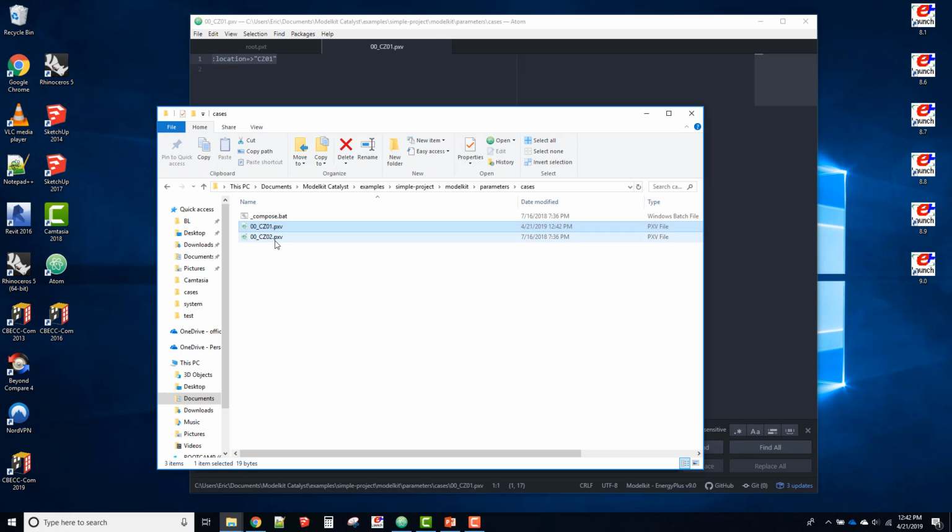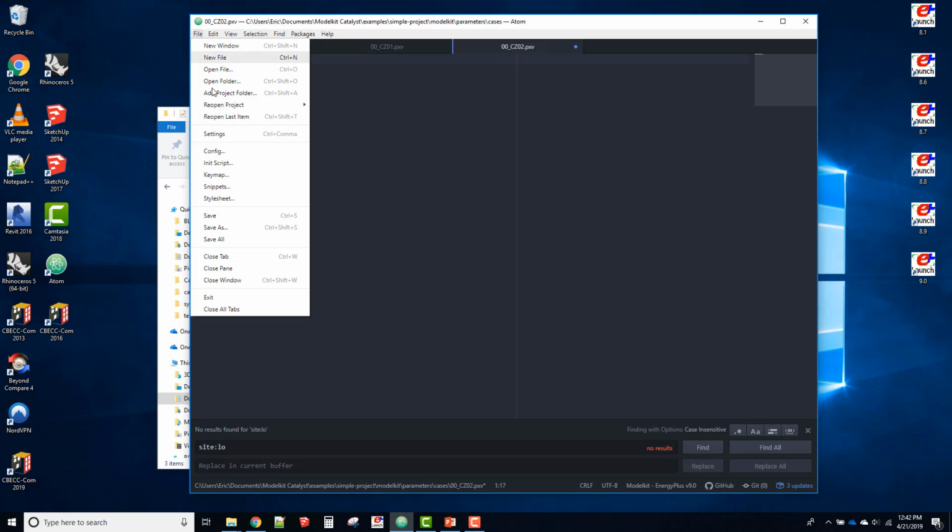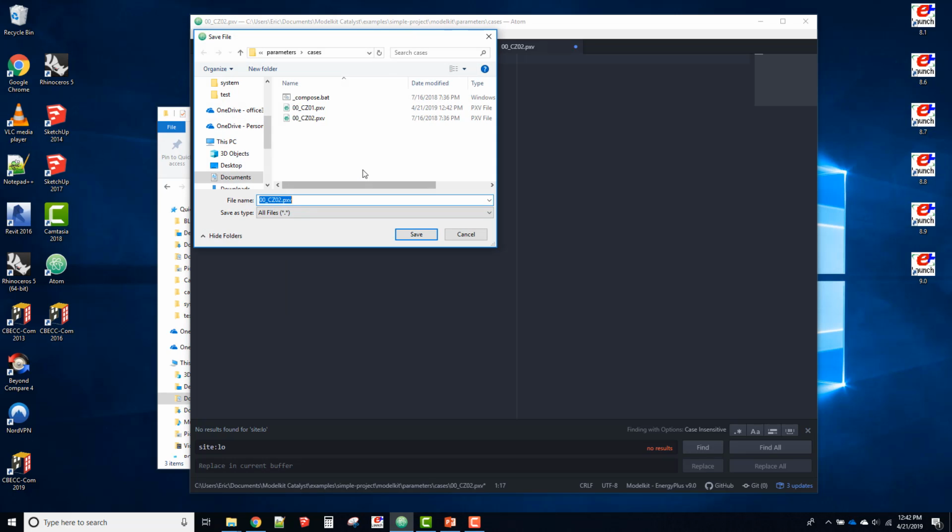Now in our Climate Zone 02, save that, change that to Climate Zone 2. We'll just do another save as, and I'm going to get rid of these numbers and just say Climate Zone 3,